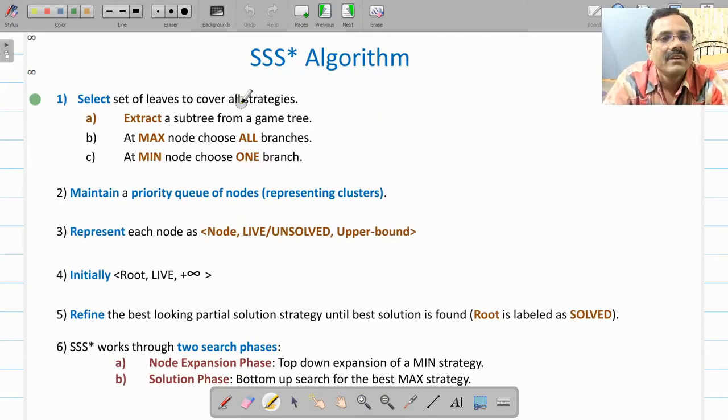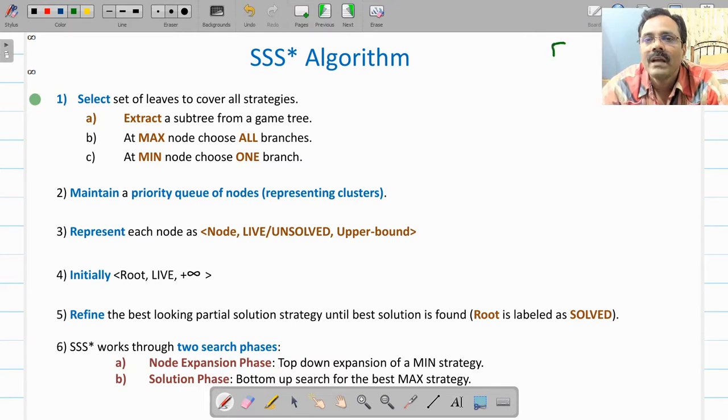So that was our first step: select a set of leaves that will cover all strategies. This set will be a minimum set. Now how to do that? It's very simple. Extract the subtree from your game tree. Suppose your game tree is something like this.